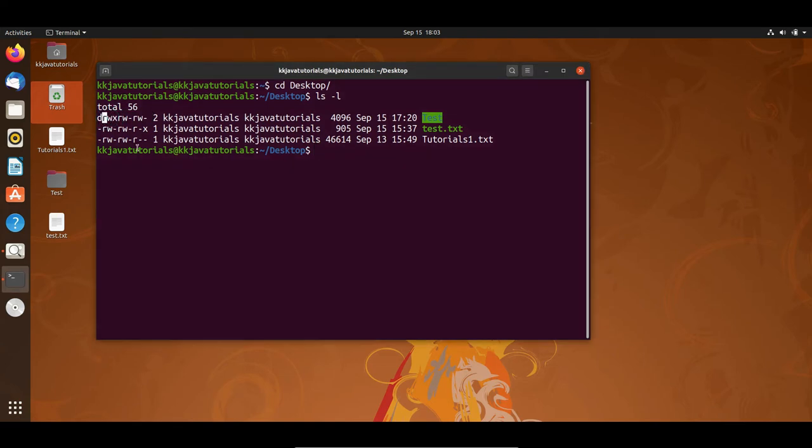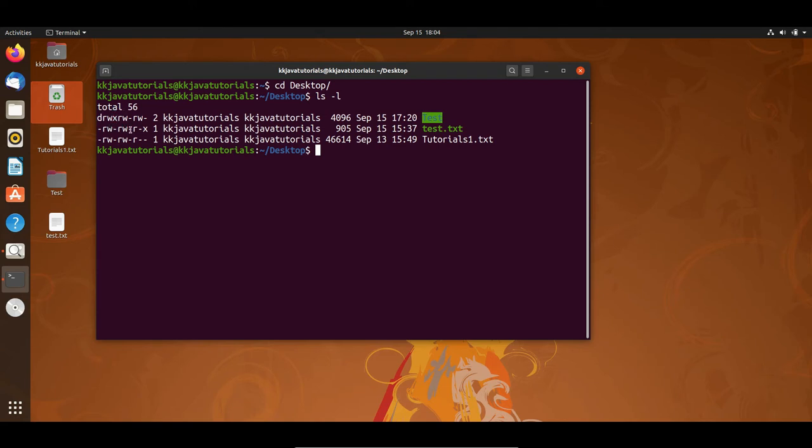Read means 2 raised to 2, which is 4. So the number 4 represents read. Similarly, 2 raised to 1 means 2, and 2 represents the write permission. Similarly, 2 raised to 0 means 1, and that is represented by the execute permission.